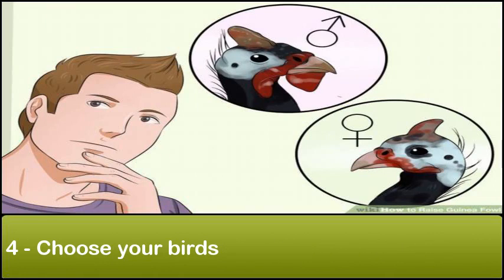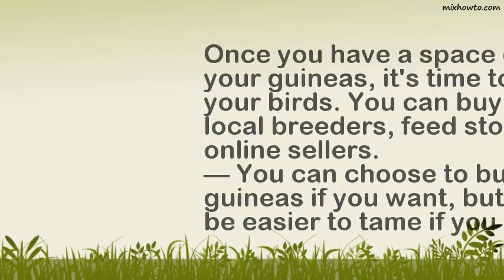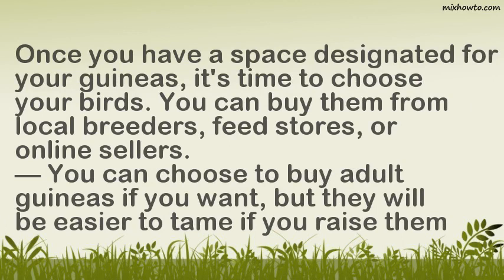Four, choose your birds. Once you have a space designated for your guineas, it's time to choose your birds. You can buy them from local breeders, feed stores, or online sellers. You can choose to buy adult guineas if you want, but they will be easier to tame if you raise them